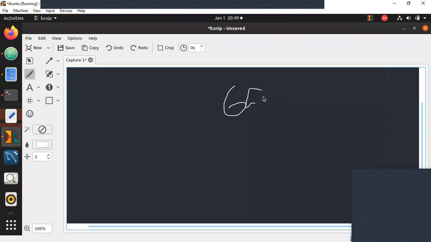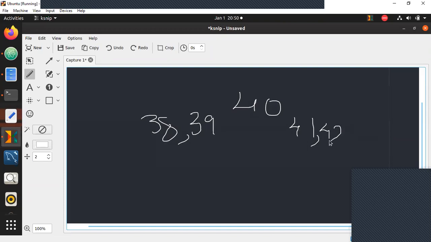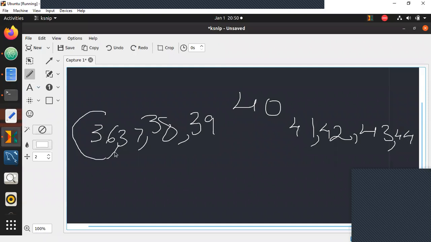If the input is, let's say, 40, you're finding whether 39 or 41 are perfect squares. Then 38 or 42 are perfect squares. Then 37 or 43. Then 36 or 44. Here 36 is a perfect square. So the closest square is 36.